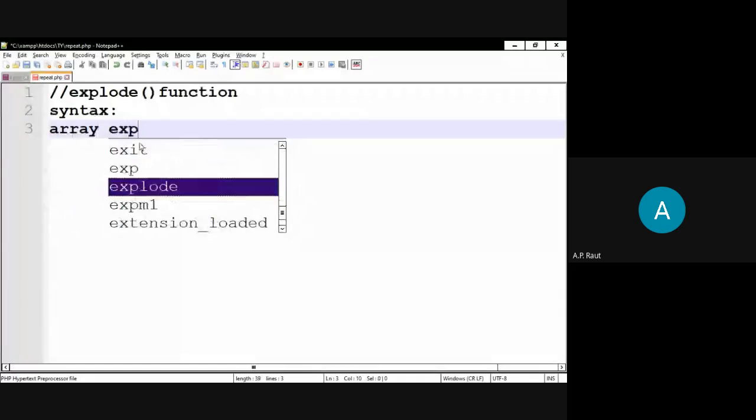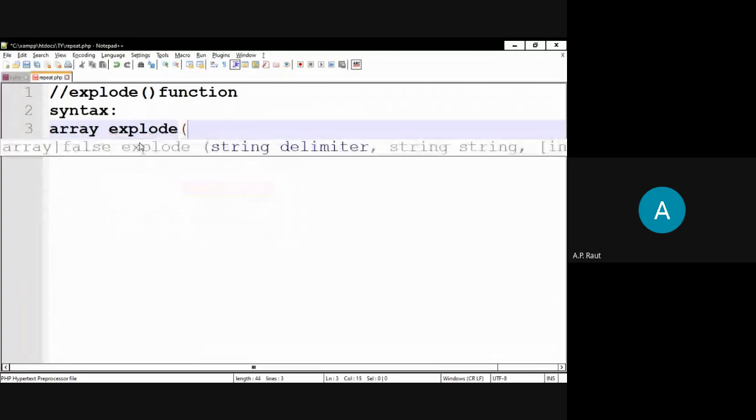So array is the return type of the function explode, and in brackets the first parameter is the delimiter. The delimiter is a string, and the second parameter is the string. For example, we can give a limit.